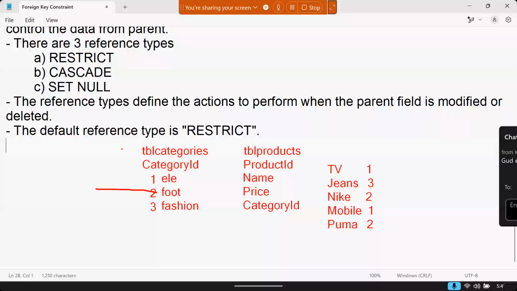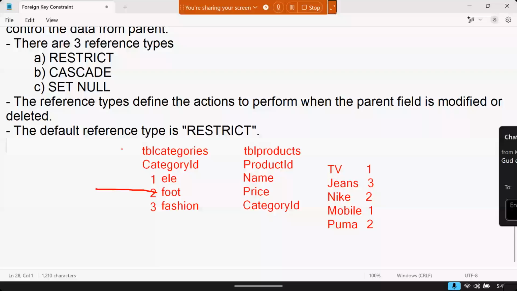Okay. First we will create a table. So using the query, first we have to use, which one? Shopping. Okay. Then create table tbl_categories,